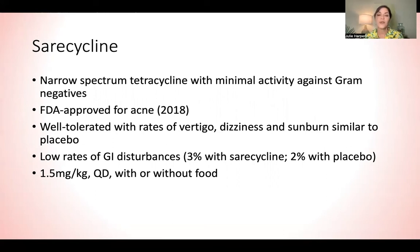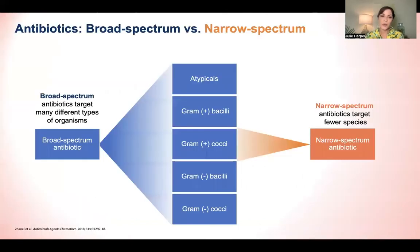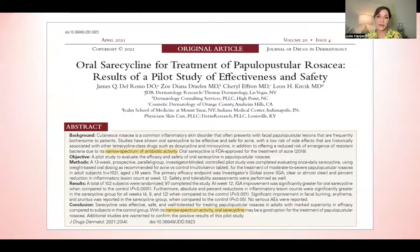This is FDA approved for acne in 2018. Well tolerated, very, very low rates, really almost no vertigo, dizziness, or sunburn, low rates of GI disturbances. And this is weight-based dosing with or without food. And again, this is what I'm talking about with that narrow spectrum. So doxy and minocycline, by the way, would be over here on the blue side. Broad spectrum, they're going to hit a lot of those things. We know sarecycline, not so much. It's going to come in and hit gram positives and leave a lot of those other players, just leave them